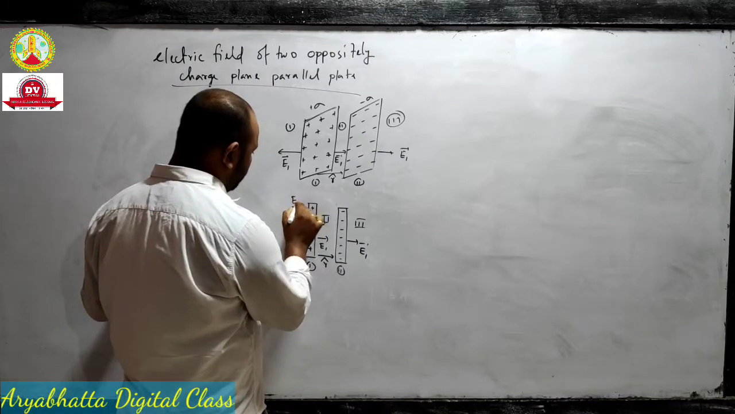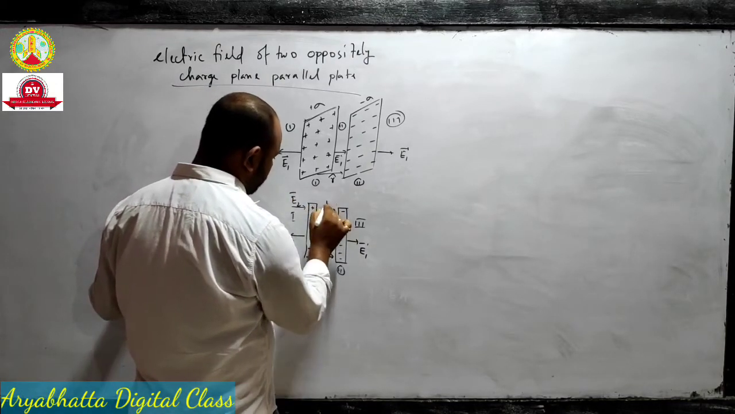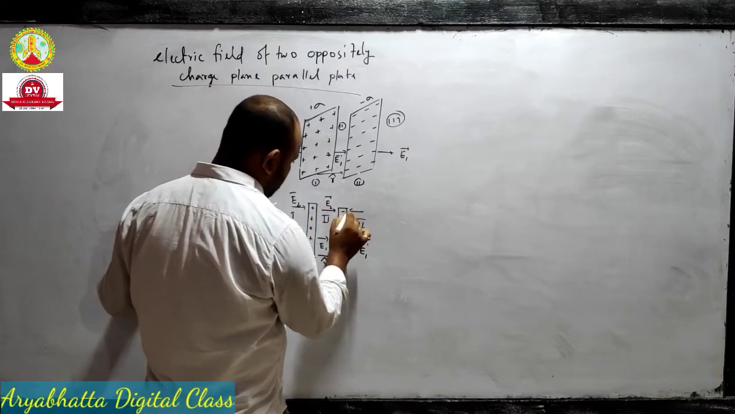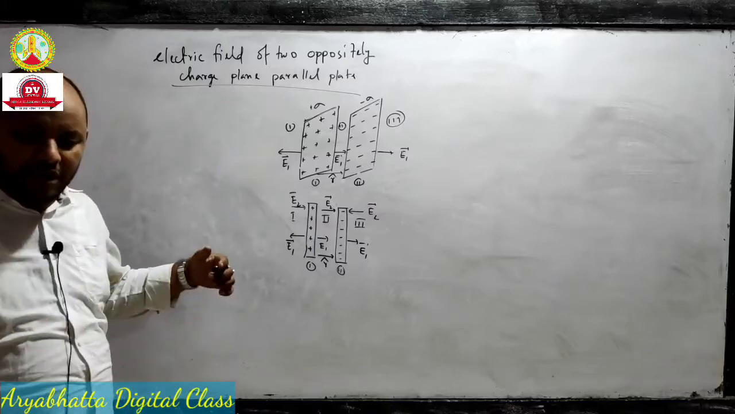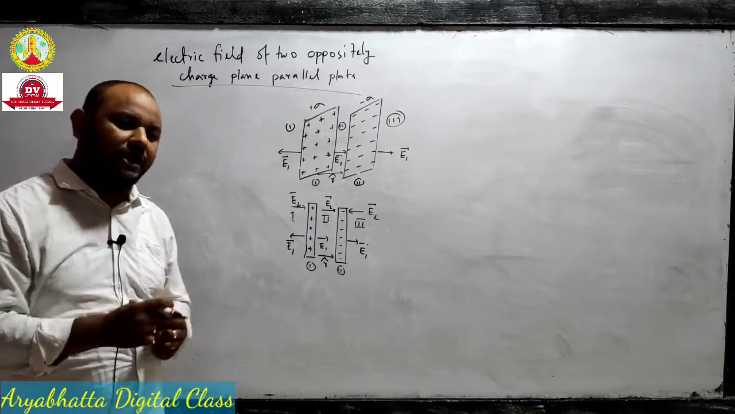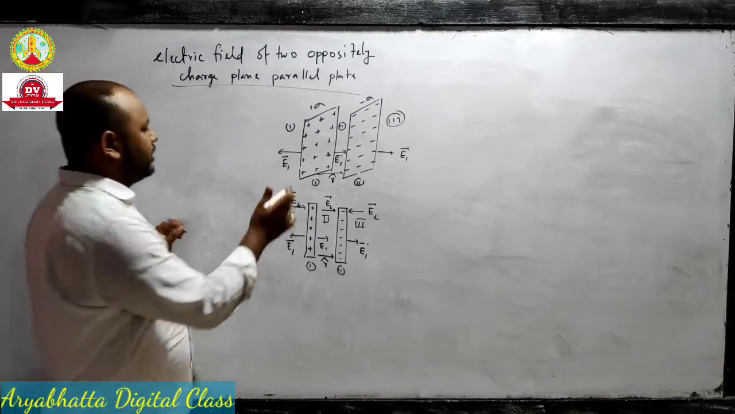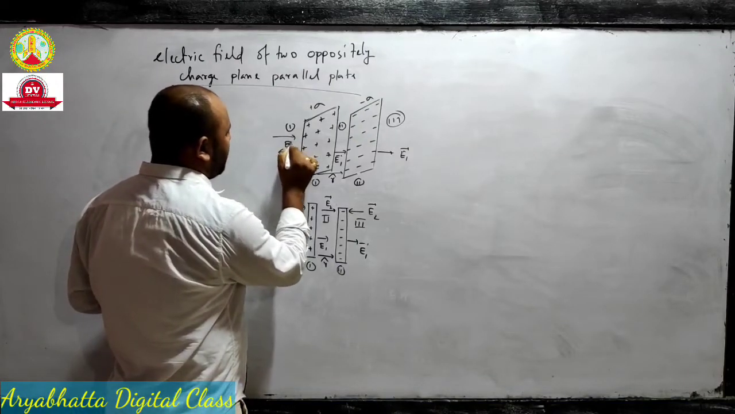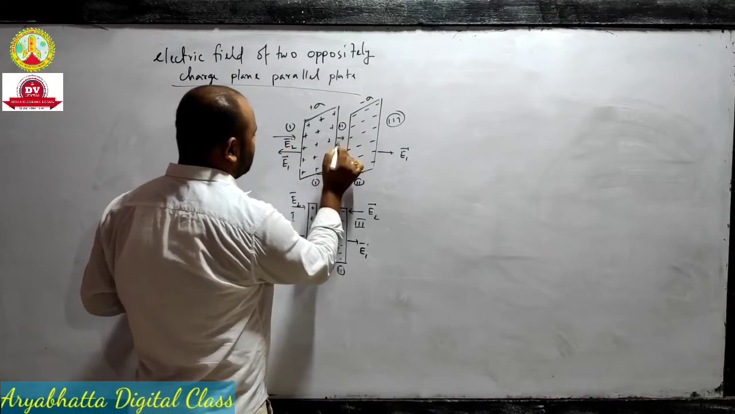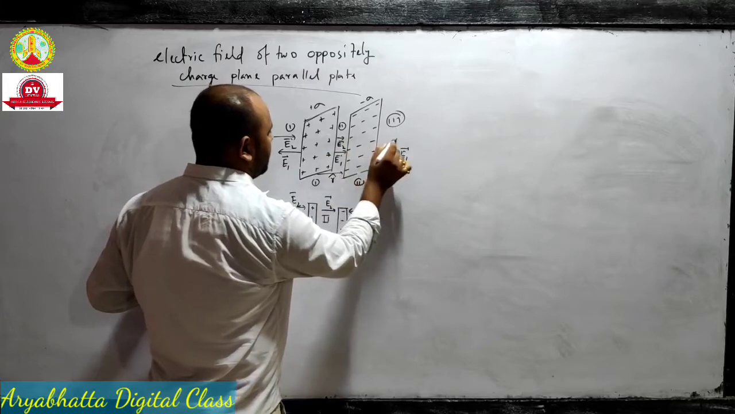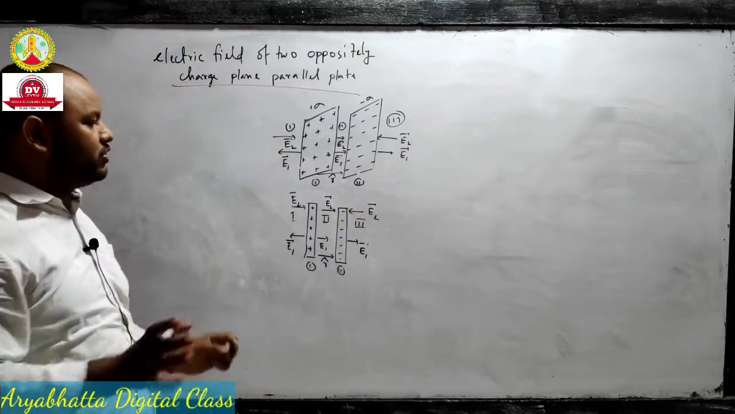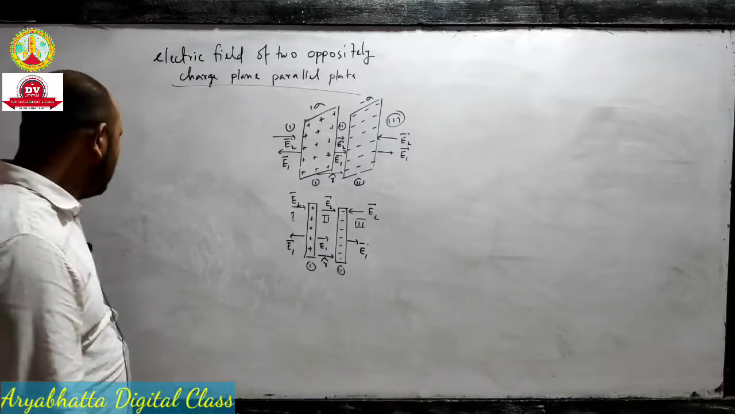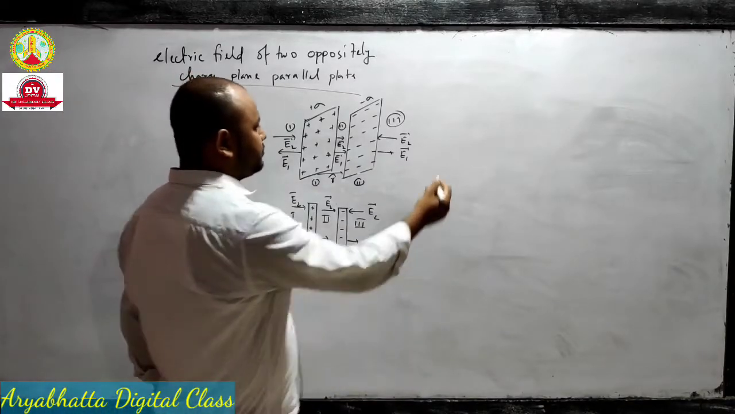That means this is E2. For negative charge the electric field lines will converge like this, and for the positive plate the electric field lines will diverge. Now, in region 1,